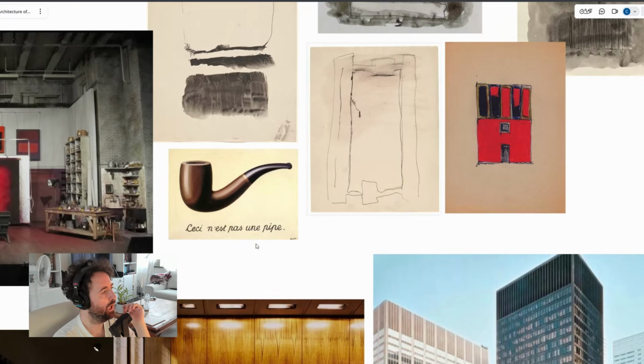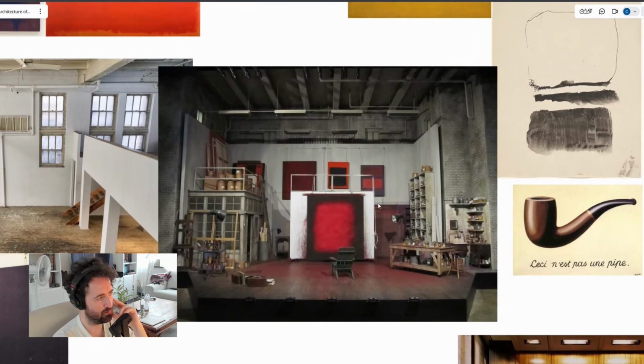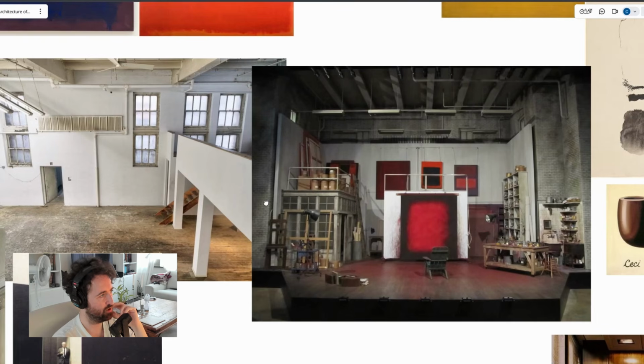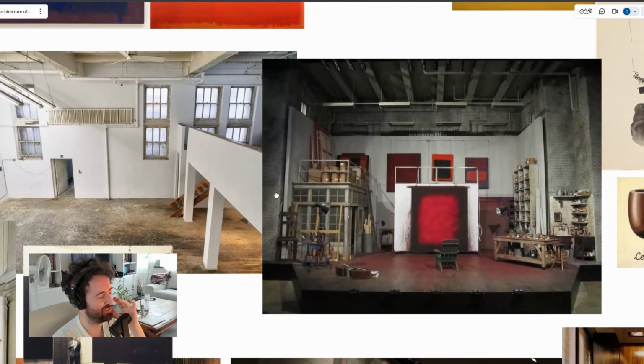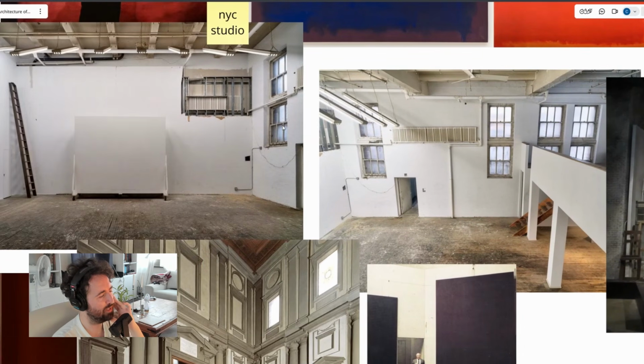Anyway, I was talking about how we need to look at the architectural spaces in which Rothko's work is displayed and was created. We have two photographs here of his studio in New York. I have to be honest, I don't have an awful lot to say about this, other than that